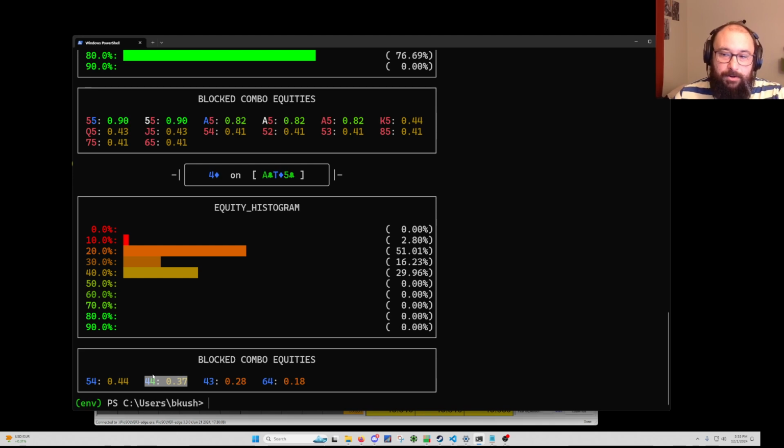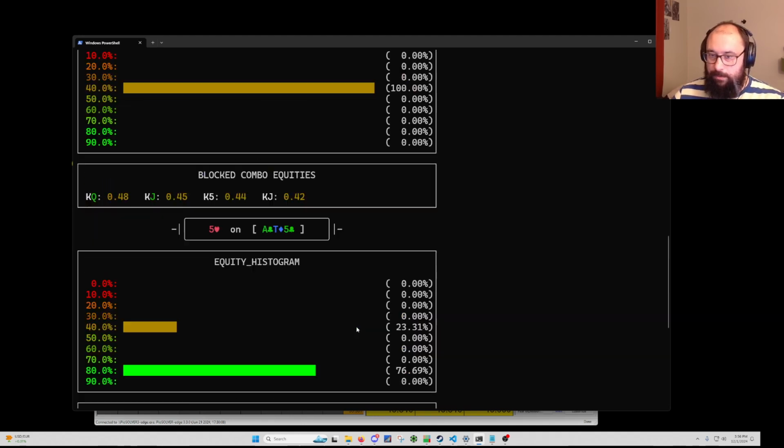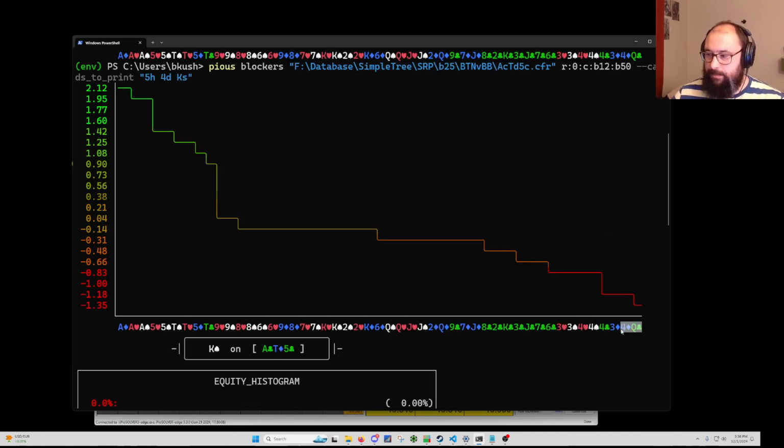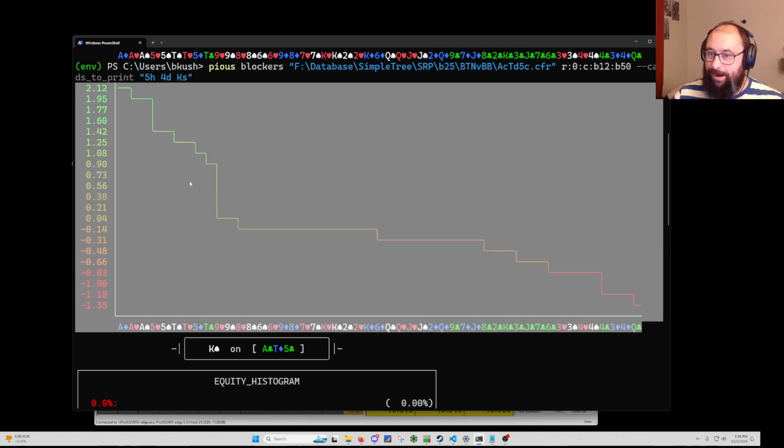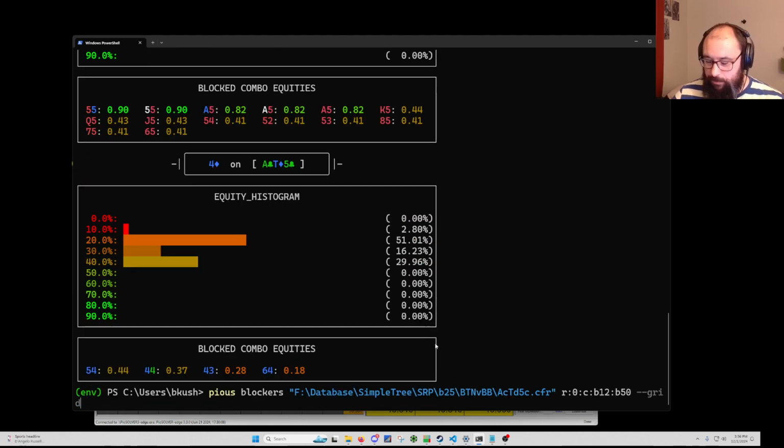So turning the undercard into a bluff. And anyway, the last thing that we can do, so we've been able to print out individual cards, we can also print this out as a grid. Now, I added this because this doesn't really show patterns between ranks and suits. I mean, you can kind of see that aces are good, tens are good, fives are good. But we might be able to see this a little bit better if we